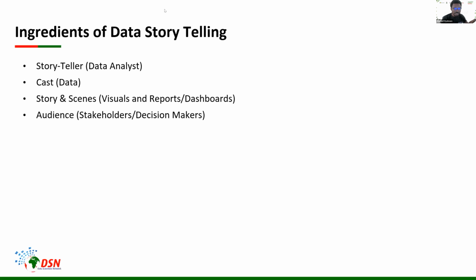Then we'll also have the story and the scenes. So the storyteller needs to write a story about what he or she is trying to communicate. And then once you write the story, you are going to need the actors to shoot the scenes for the story, isn't it? Because when you watch a movie, movies are usually not just one scene. So they are separate scenes that end up forming the entire movie at the end of the day. So you can see every singular scene as a visual, okay?